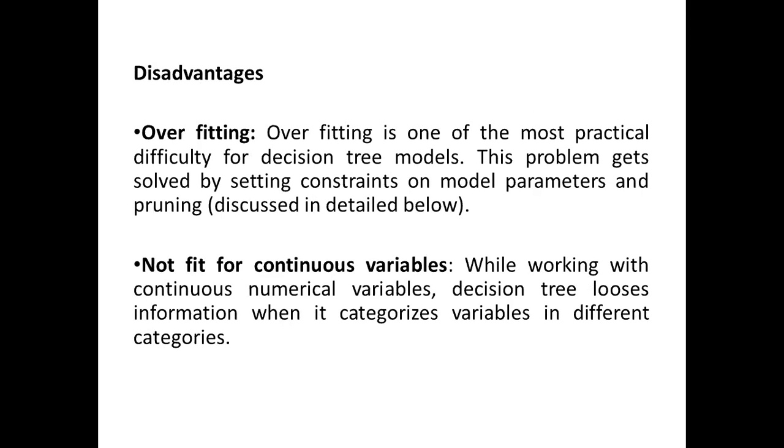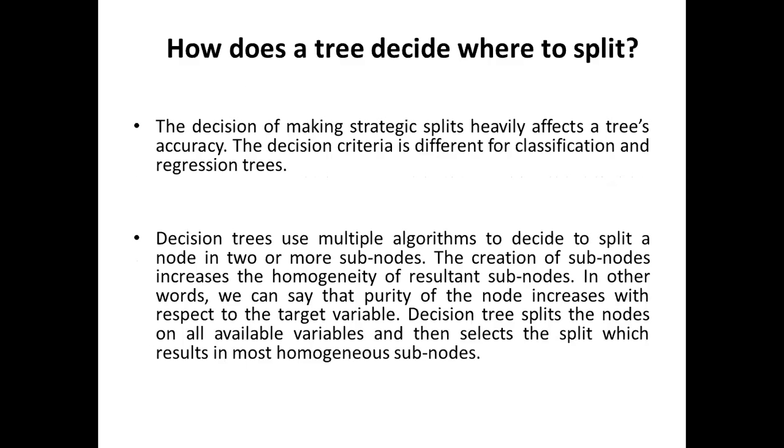Disadvantages: overfitting. This is the most practical difficulty for decision tree models. This problem can be solved by setting constraints on model parameters and pruning techniques. Not fit for continuous variables: when working with continuous numeric variables, the decision tree loses information when it categorizes variables into different categories. So this we already saw how